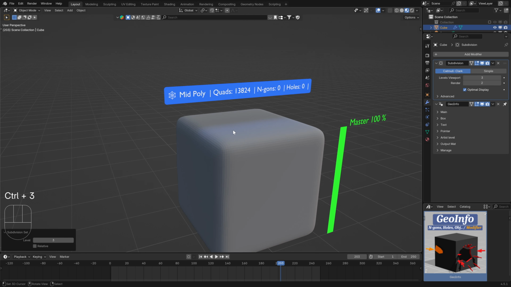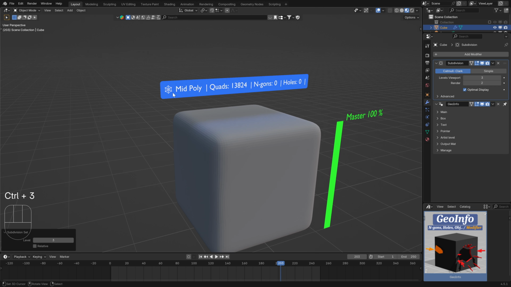If I add a subdivision, now the level of my mesh is mid poly, and now high poly, and now very high poly. It is really useful.